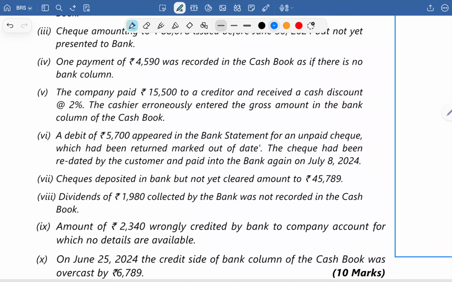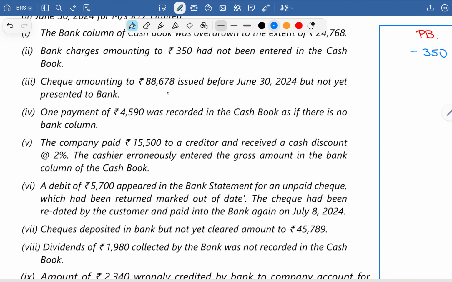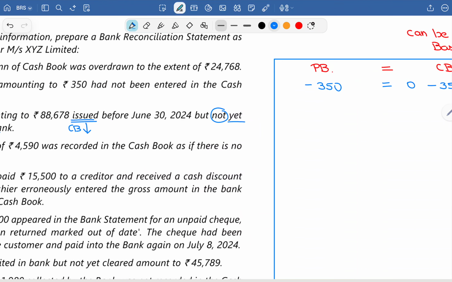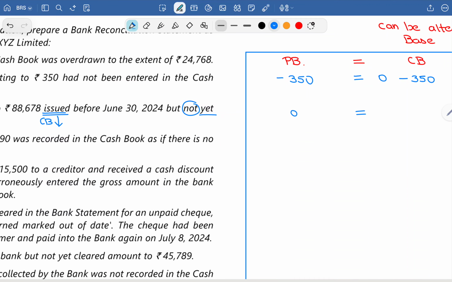Adjustment number 3. Check amounting to rupees 88,678 issued. When I issue the checks, my balance will decrease immediately before 30th June 2024, but not yet presented to the bank. So there is no entry in the passbook, but cash book balance we have already decreased. So passbook no effect, cash book there is a decrease